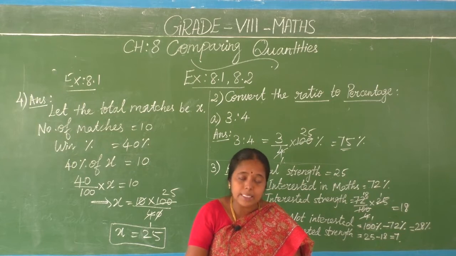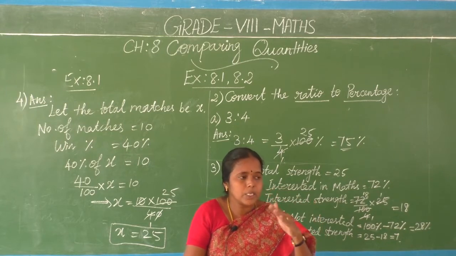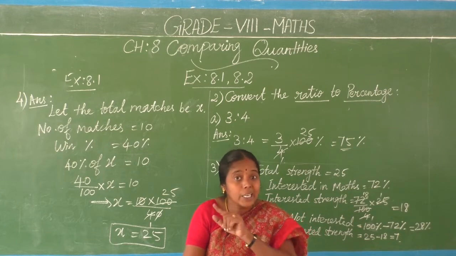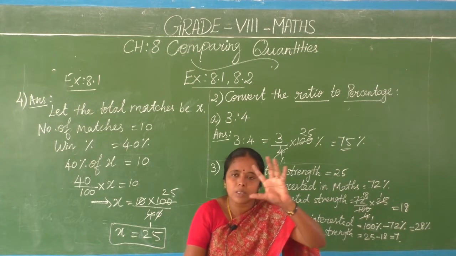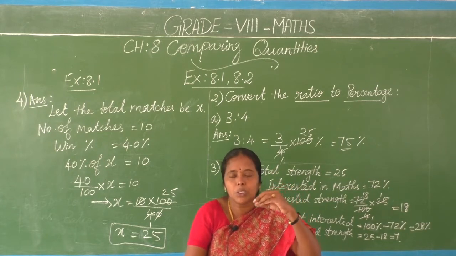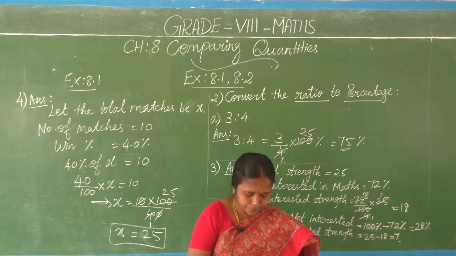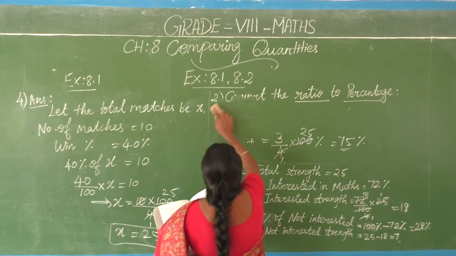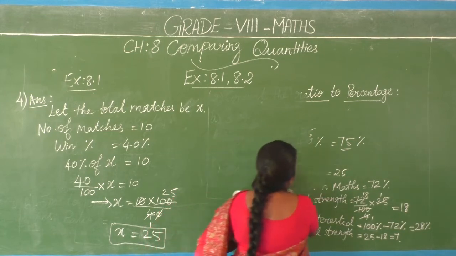After that, the remaining she had was 600 rupees. That means, percentage wise, 75% is spent, so the remaining she had is equal to 25%. Clear? So how much did she have in the beginning? So what is the total amount she had in the beginning? This is the question. So what to do? Copy down in your classwork neatly, pa.